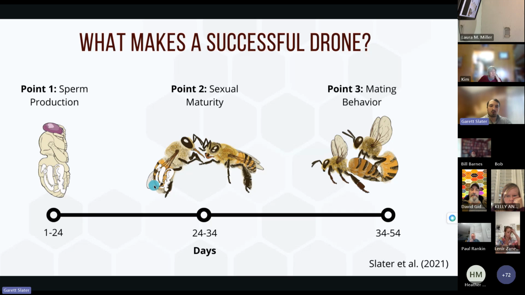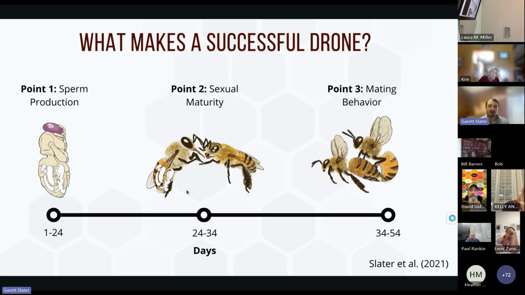Now, once drones emerge as an adult, they still have to reach sexual maturity. Sexual maturity is when the drone's sperm is mature and able to be transferred, or inseminated, to a queen. So for sexual maturity, the drones basically stay in the brood box where the young nurse bees are, because the drones are getting constant care by the workers. The workers are sharing pheromones, food, and warmth, and they're really helping the drones reach sexual